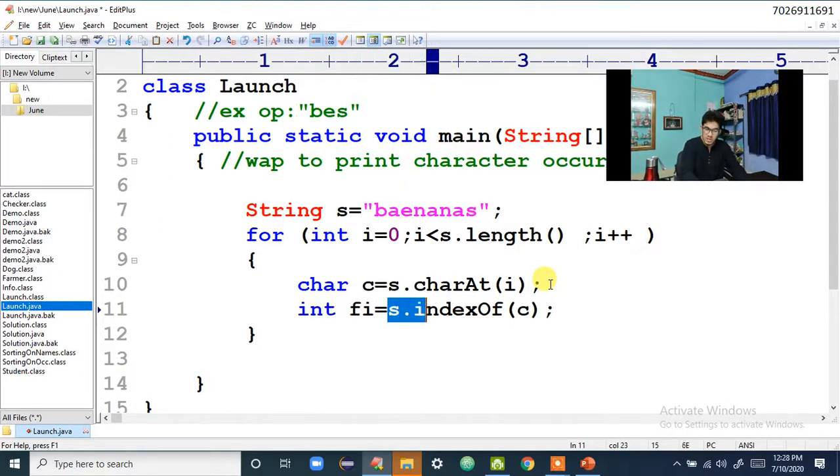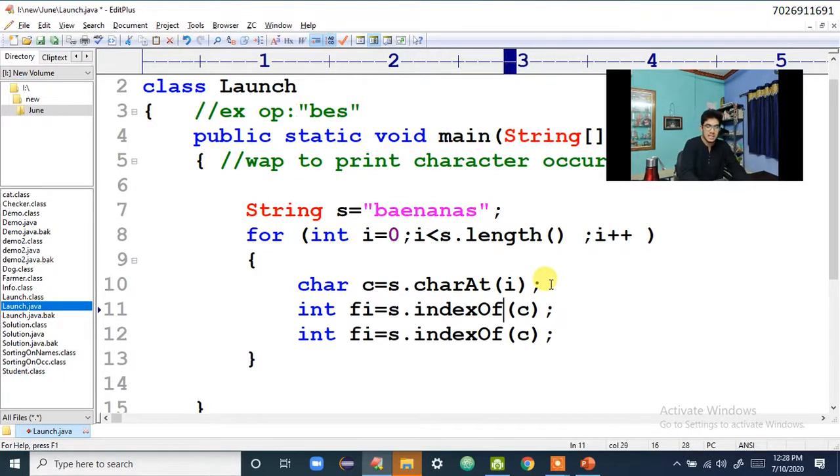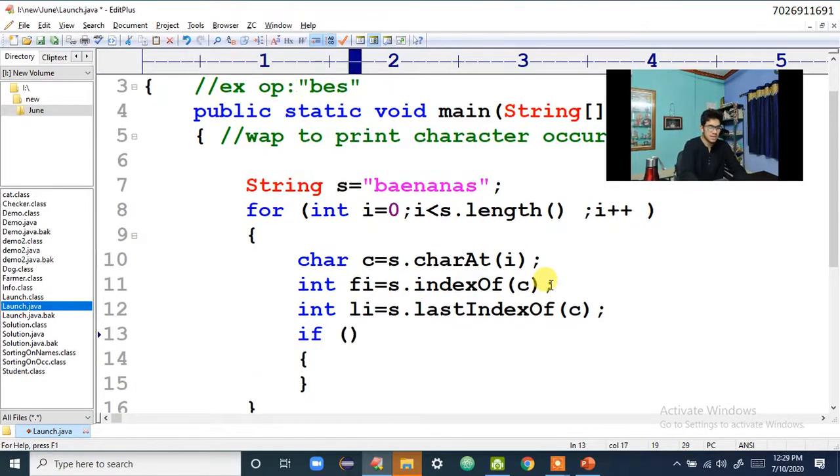So I will store the first index of the character, then I will store the last index of the same character in li. First index I'll store in fi, fi means first index. Last index I'll store in li, li means last index. So in first index and last index I have stored, right? Now I'll ask one question: is my fi equal to li, are my first index and last index same? If my first index equals last index,